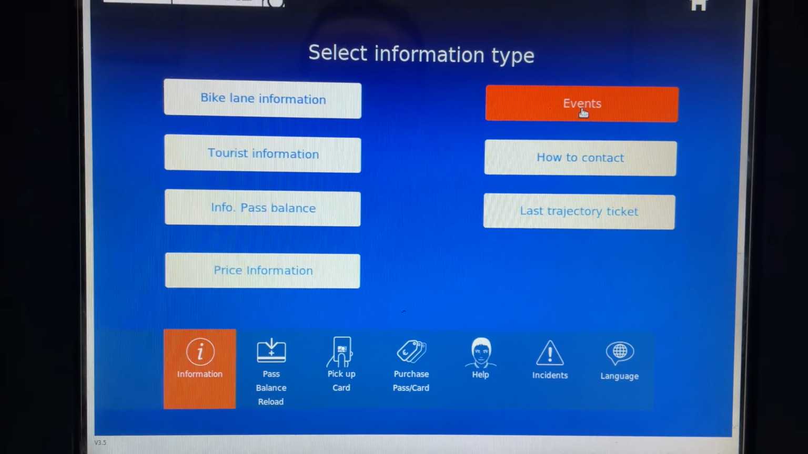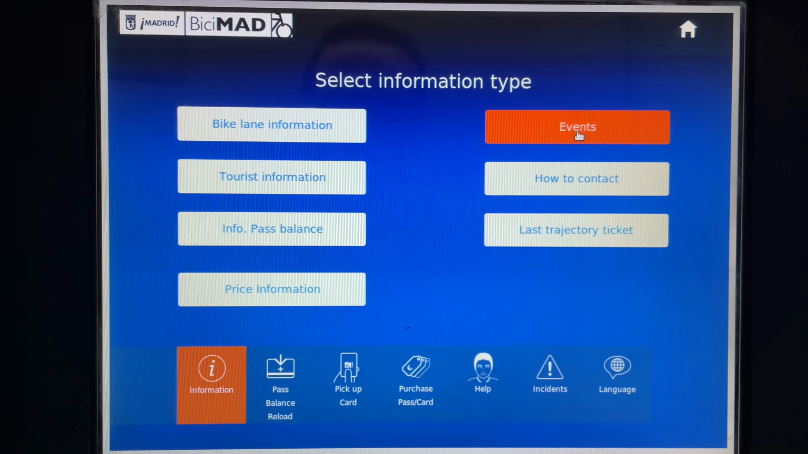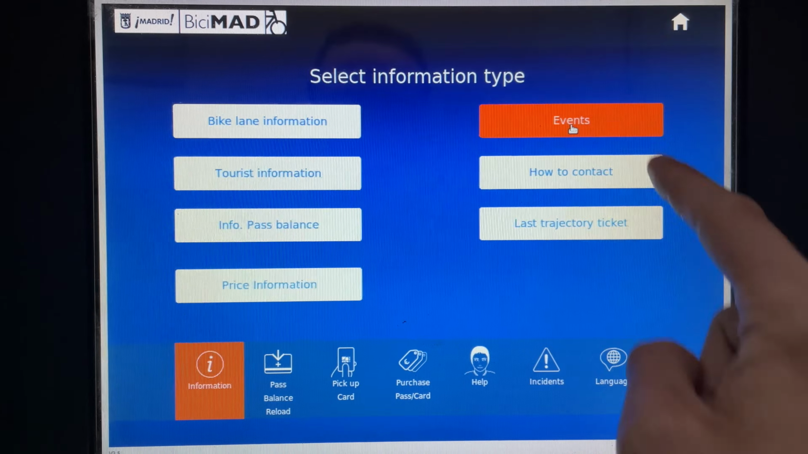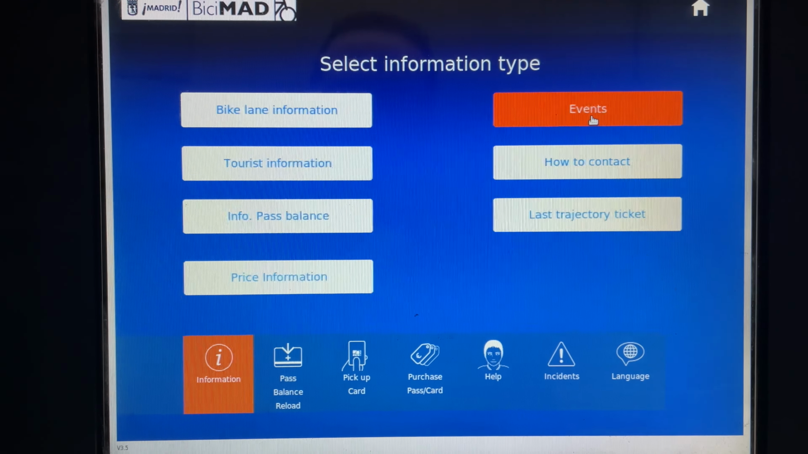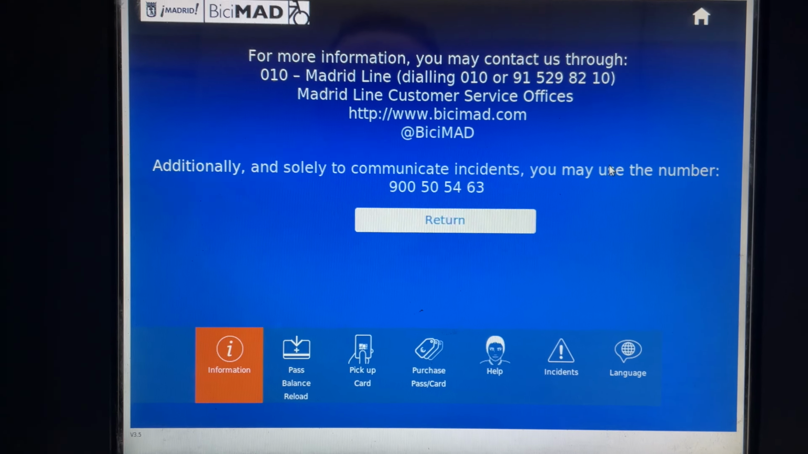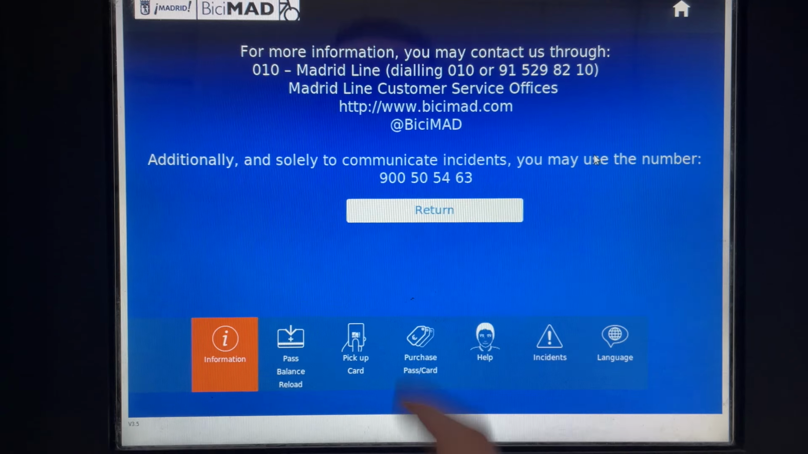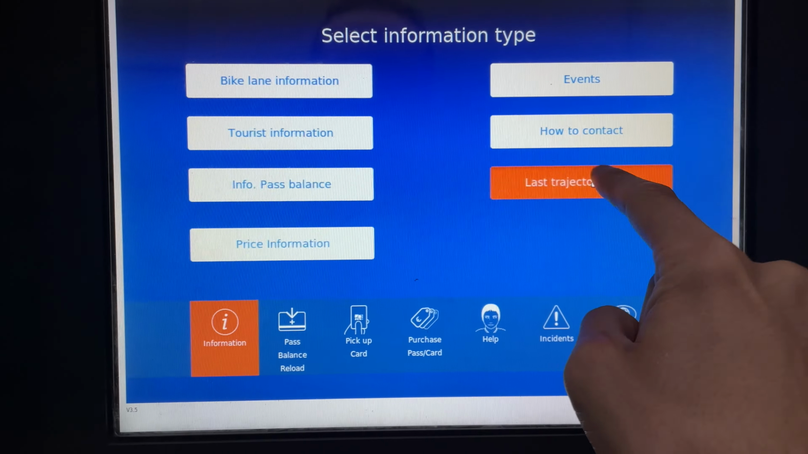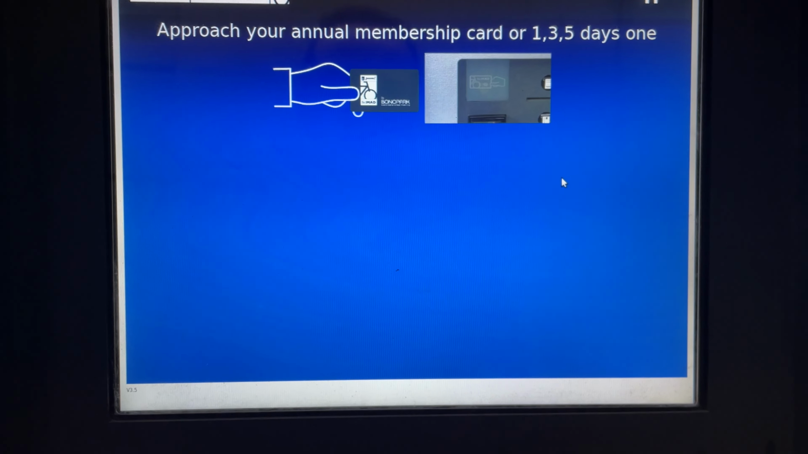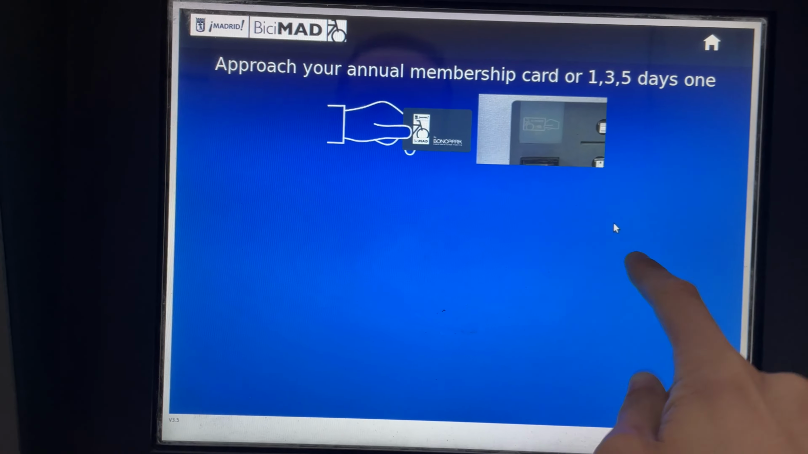I tried clicking onto events a couple of times, but for some reason it didn't work, so maybe that button should be disabled or something, because it clearly doesn't do anything, or just hidden. And then how to contact, you have a completely different font again, different font sizes. So consistency is definitely a problem here,